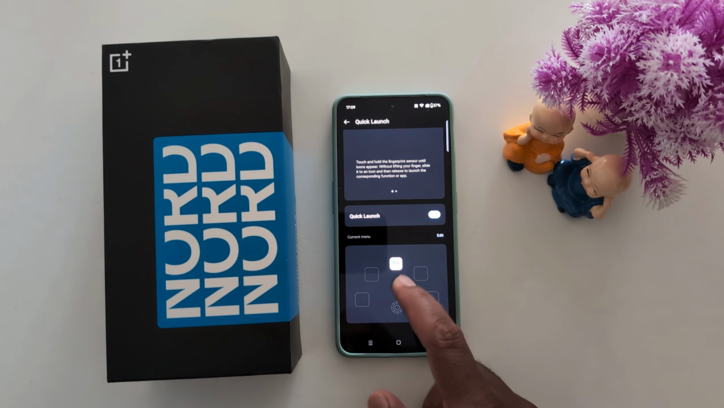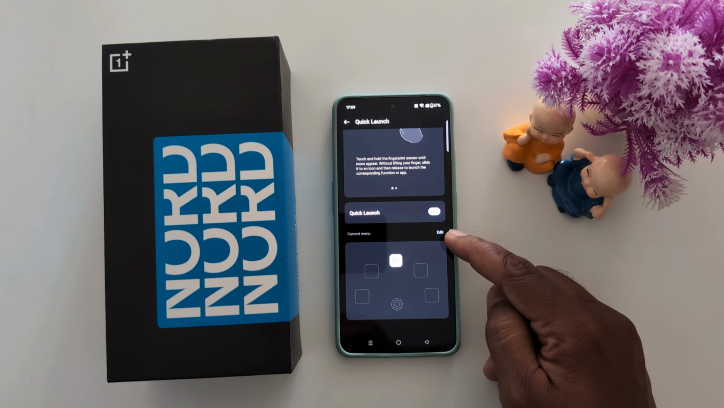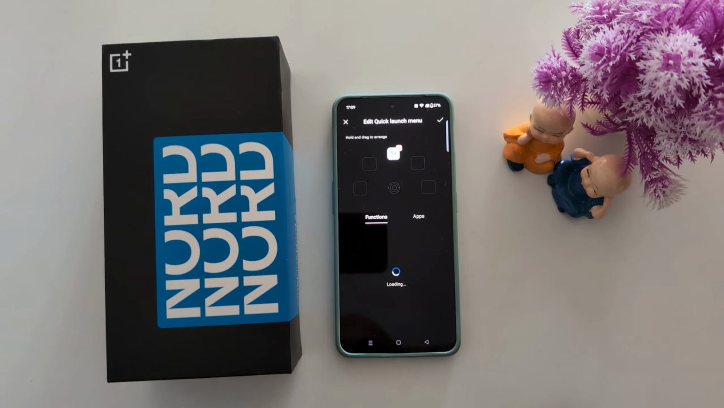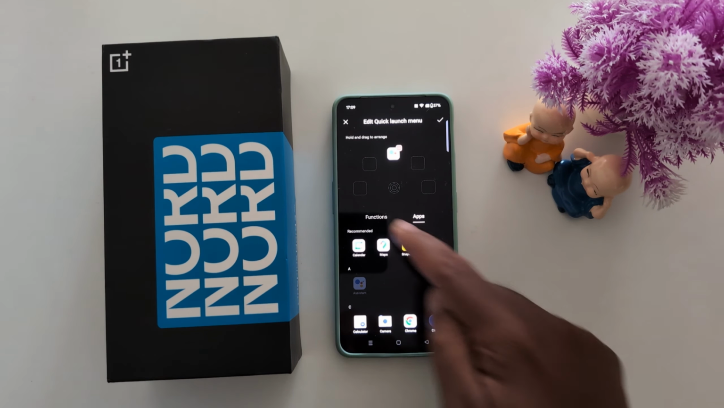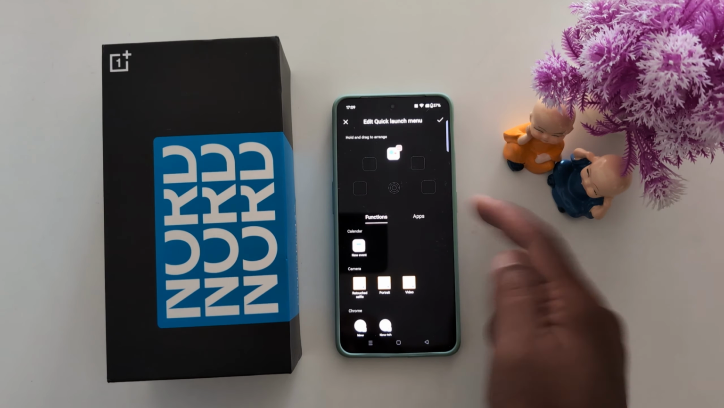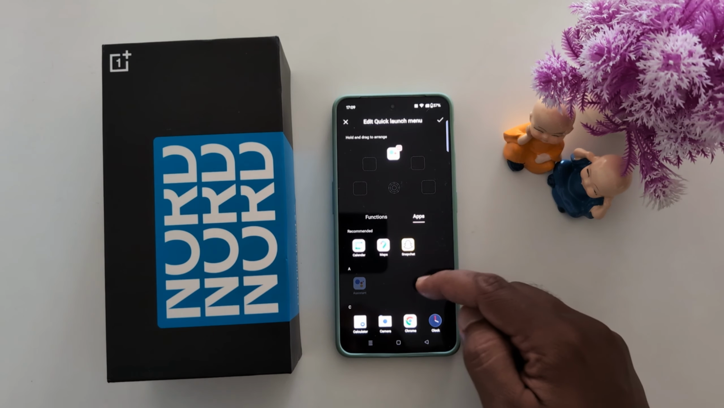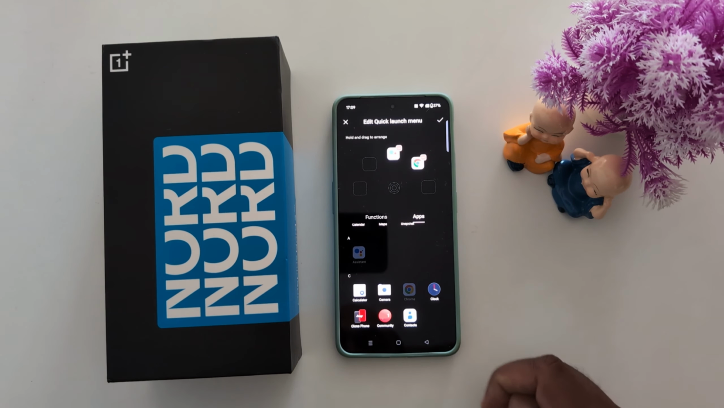Now you can find the menu. Now tap on the edit icon. Now you can see the function and app options. Select the function or app you want to use. Here we select application. Now we add Google Chrome,